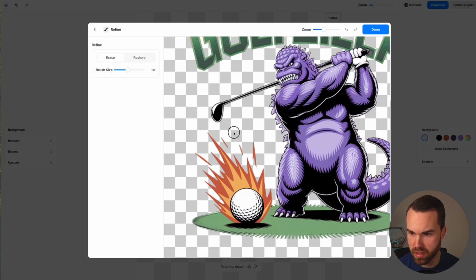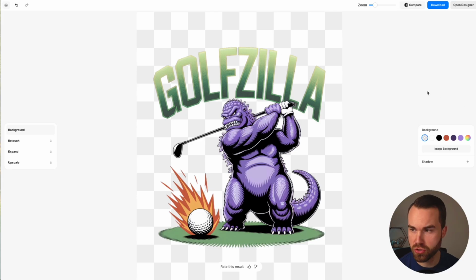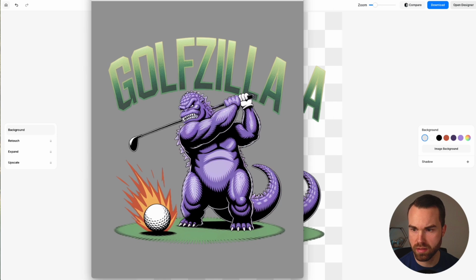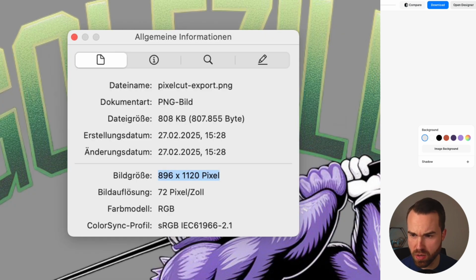Then you just click and drag over this golf ball, and it's already done. You click done, and there you go. To save it, you just click download, and it's done. So here you can see the design properties, and these are too small right now, so we have to upscale